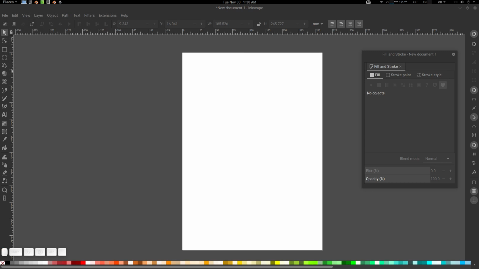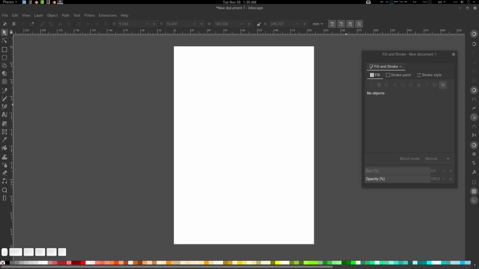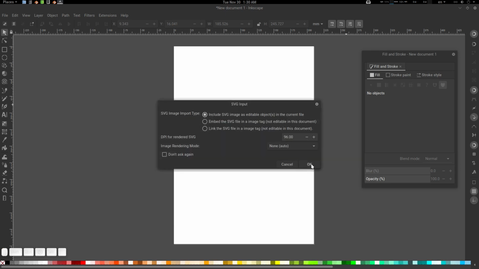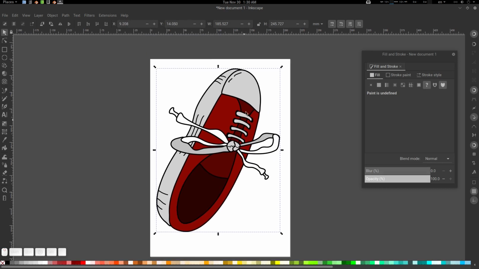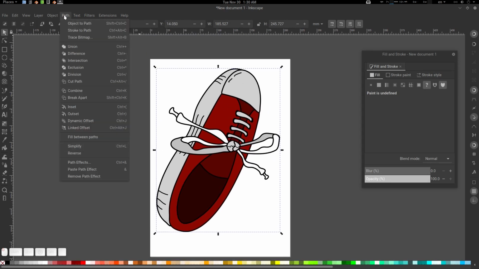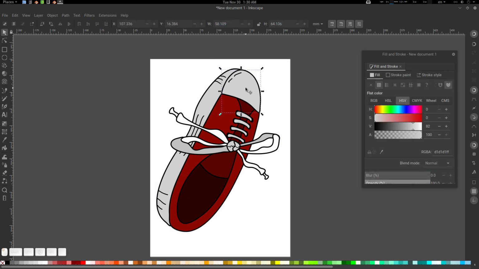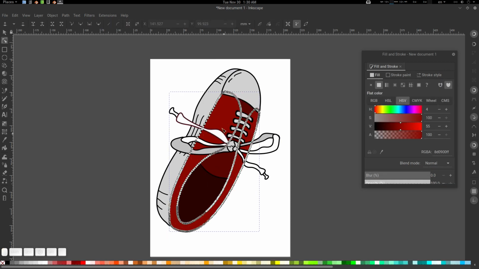We are in Inkscape right now, and if we go there, just import it. Here we go. Before everything else, if you want to edit it, what you need to do is go to the path and go to object to path. Now everything is editable. You can see a huge amount of